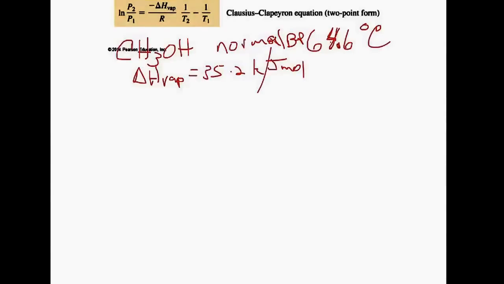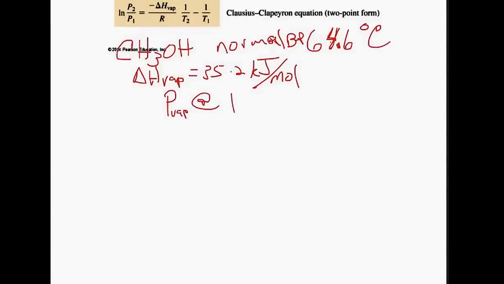Oops, I put this in the wrong position. Let me try that again. That's 35.2 kilojoules per mole. All right, and so the question is, what is the vapor pressure